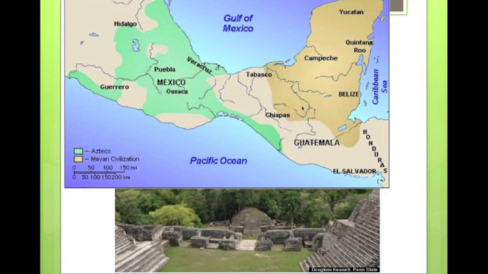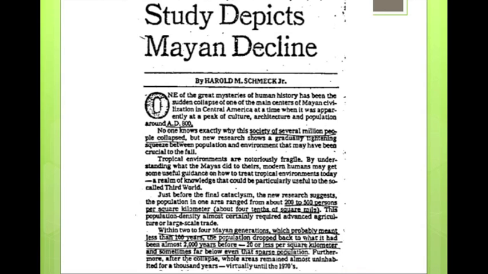And here's a little comparison between two major civilizations: the Mayas, which inhabited this portion of Central America and Mexico, and the Aztecs, which actually did not go through the same collapse, even being nearby. This is a little clip of a paper, New York Times, back in 1979, and it's